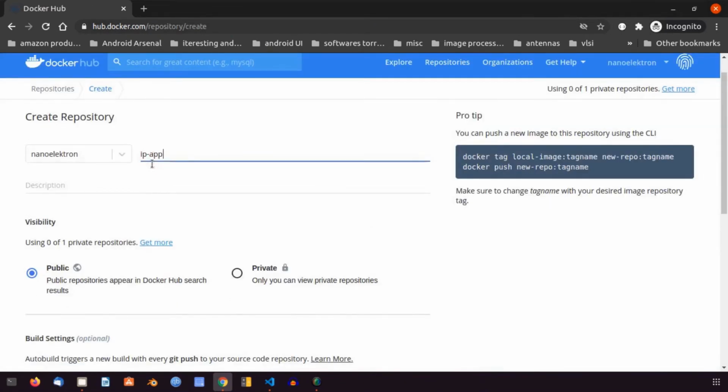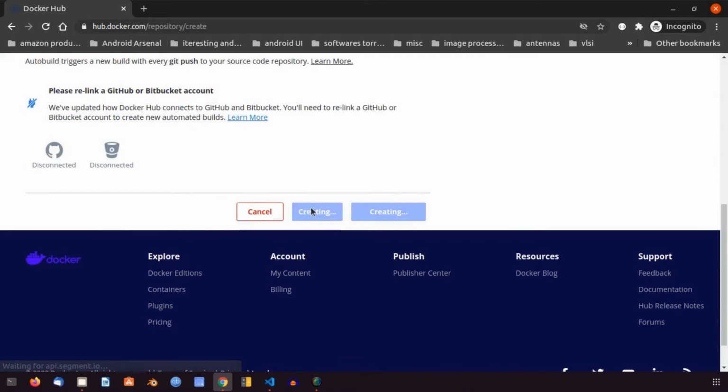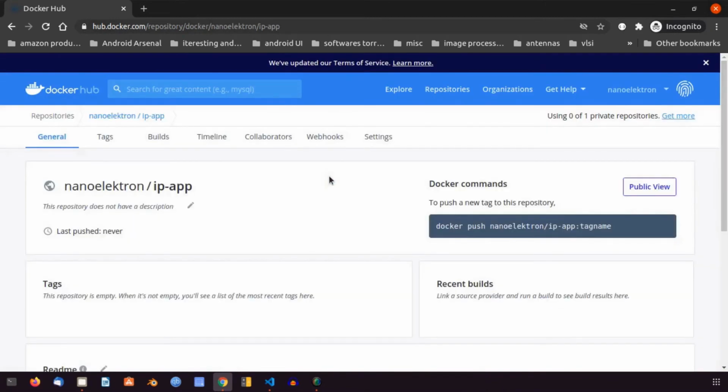I'll give the name as IP app. You can simply choose your own name. But the only thing to make sure is that the name of the image which we are gonna build should be the same name of this repository. And only then we'll be able to push that image to Docker Hub.